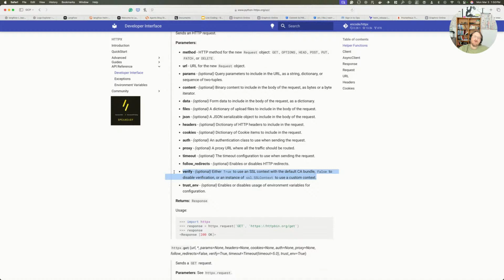So we'll start with false. Wait, false to disable verification, or instance. Right, so we'll set this to false. Hold on, should we set this to false? I always like to verify certificates, but